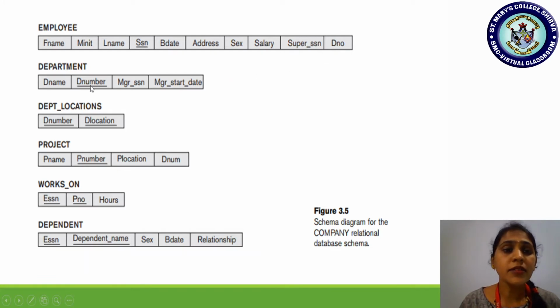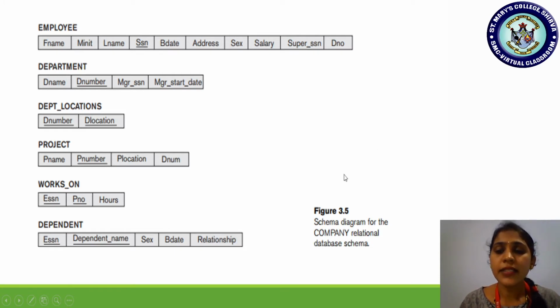So what is this DNO? Department number is, just check out here, the department number in the department relation. In the department schema, what do we have? Department name, department number, manager SSN, manager start date. So department number is underlined. It means it is the primary key of the department relation.